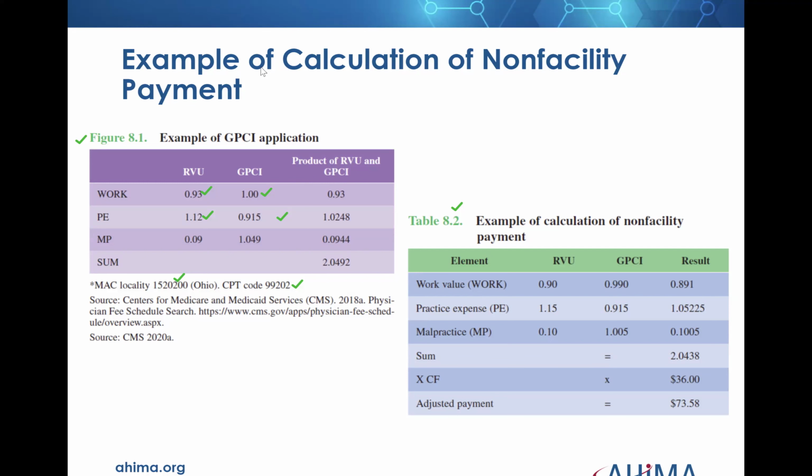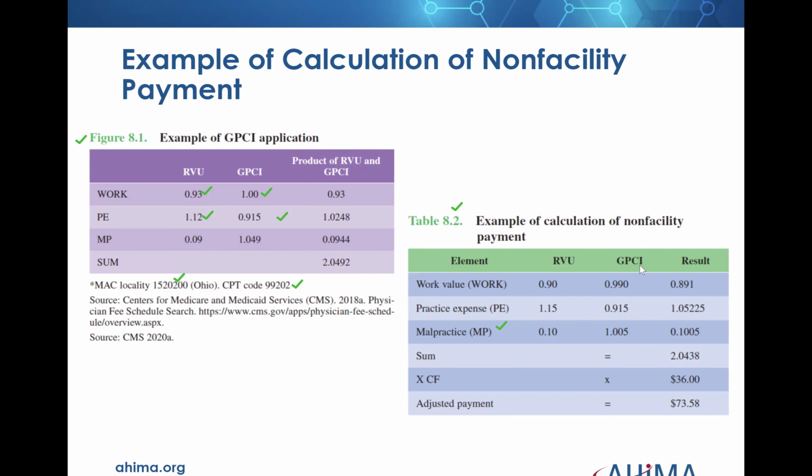Then we take the practice expense, the PE has an RVU of 1.15, a GPCI of 0.915, put together 1.05225. Going down to the next line here with the malpractice, we have 0.10,